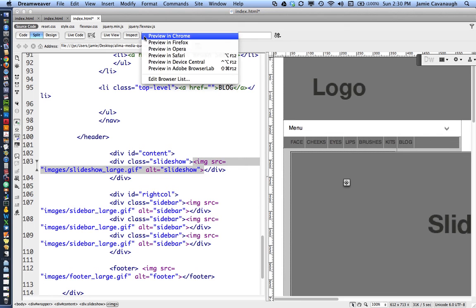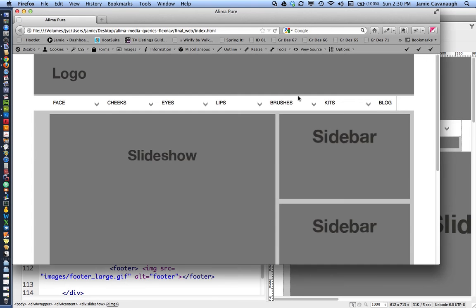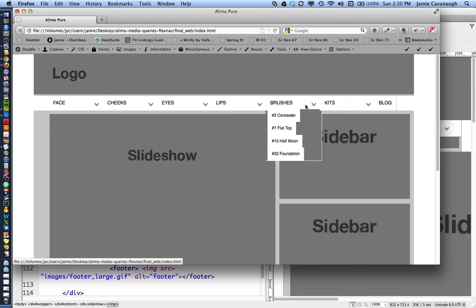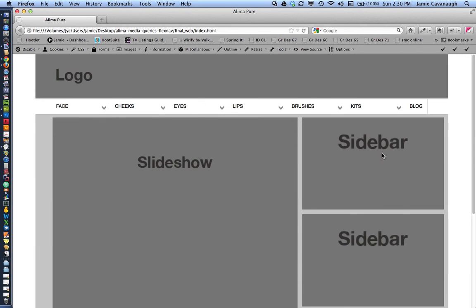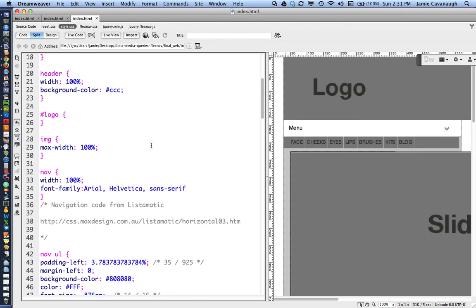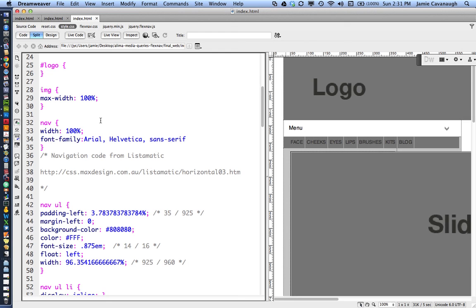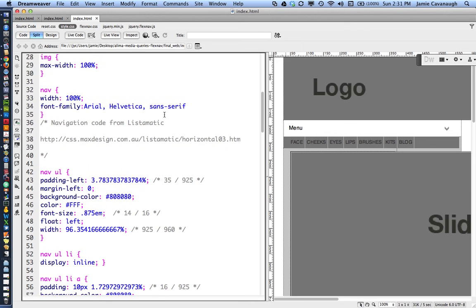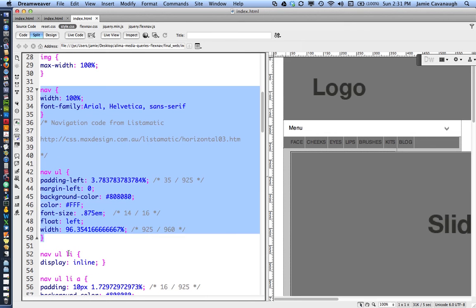Okay, let's see where we're at. I'm going to preview it. Okay, it's sort of there, but notice it's got some weird gray background. The reason that this is happening is, remember that in our style.css we styled this, so in our prototype we need to go to our style.css and remove all of the navigation CSS that we added, because it's conflicting with the CSS in our FlexNav. So I'm going to go in here and delete all of this CSS